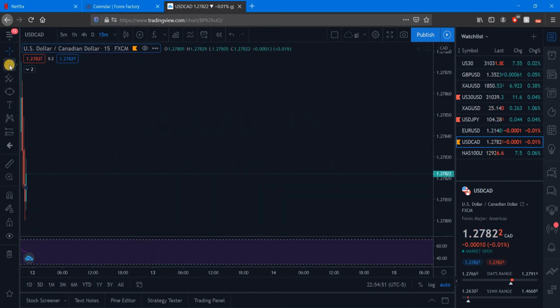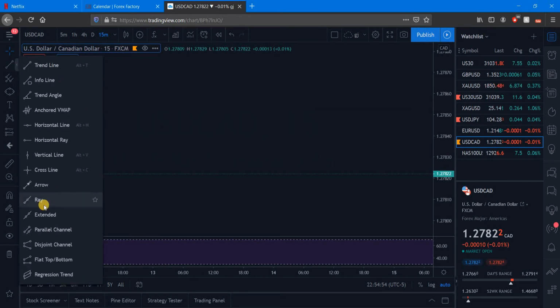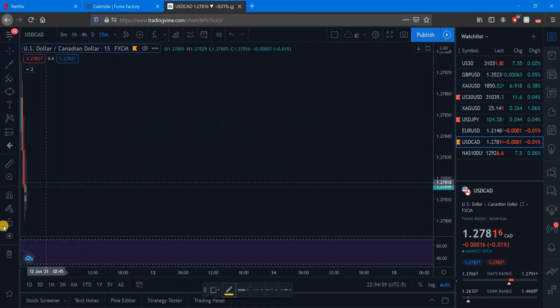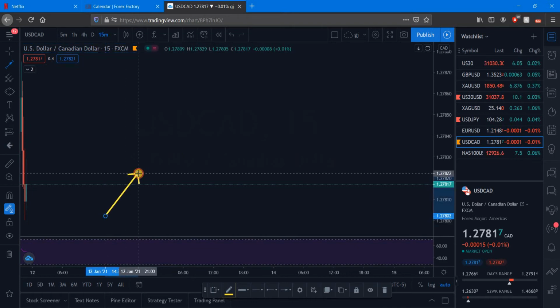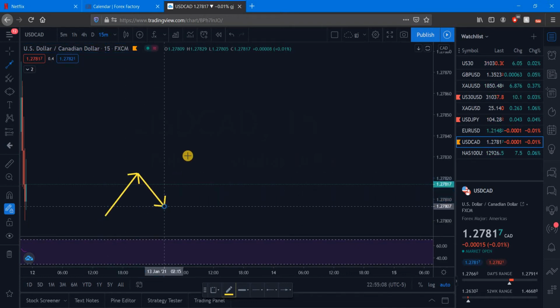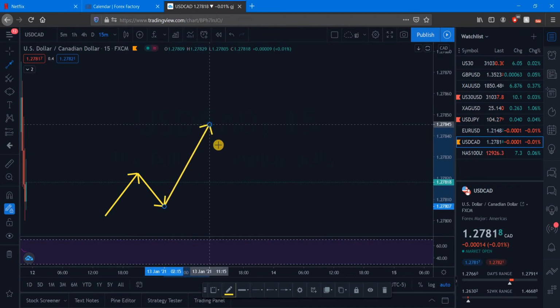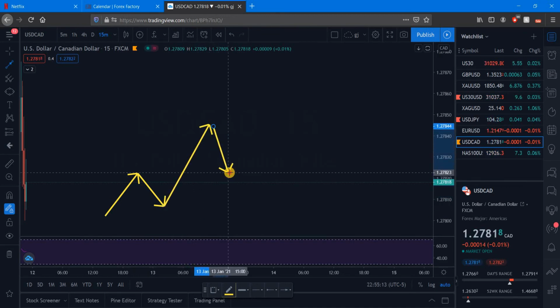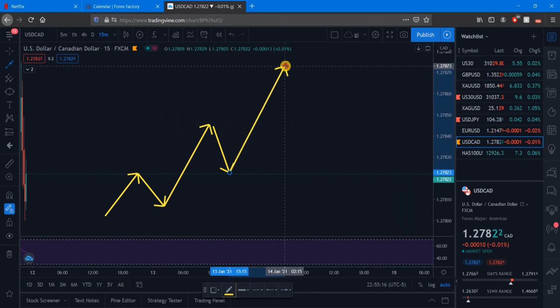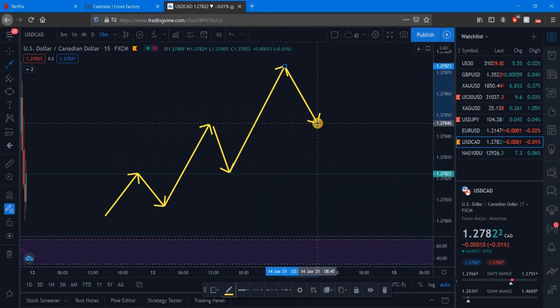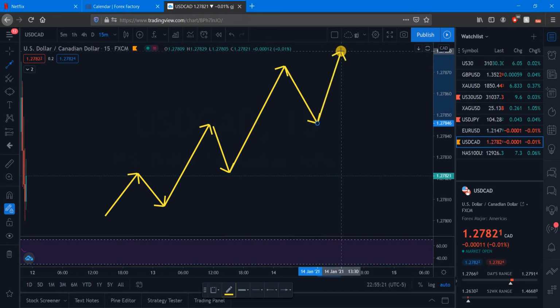But let me draw this real quick. We're doing the uptrend first. Arrows here. Let's lock the tool. All right. First and foremost, let us draw an uptrend. This is an uptrend. So please write this down. In an uptrend,